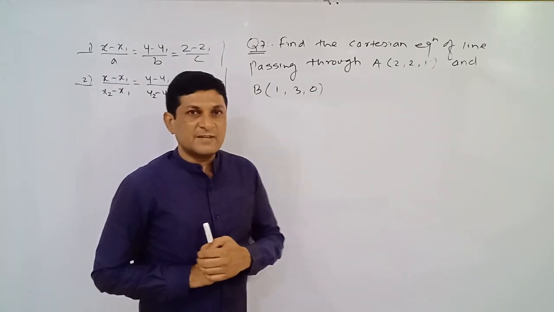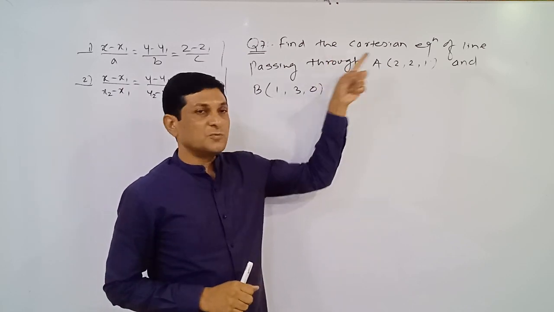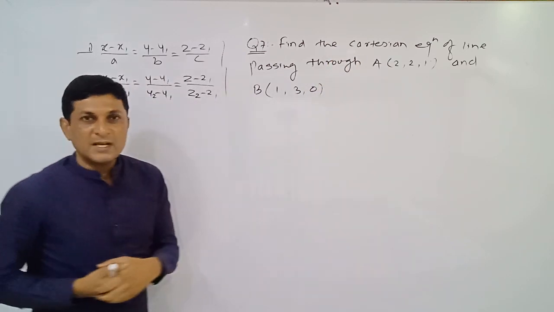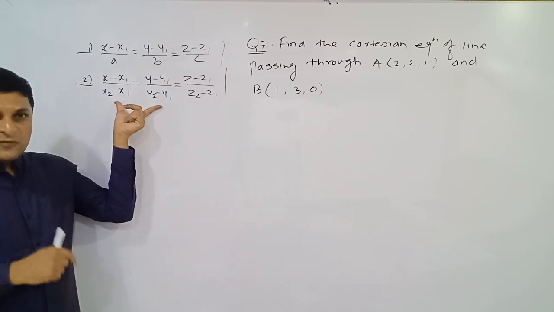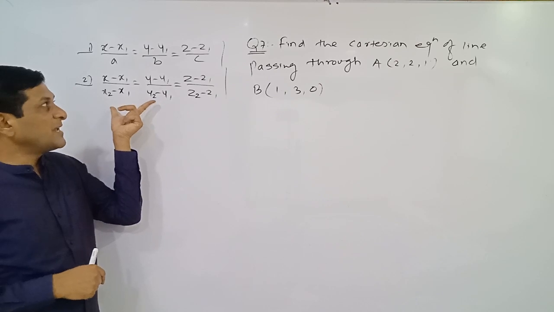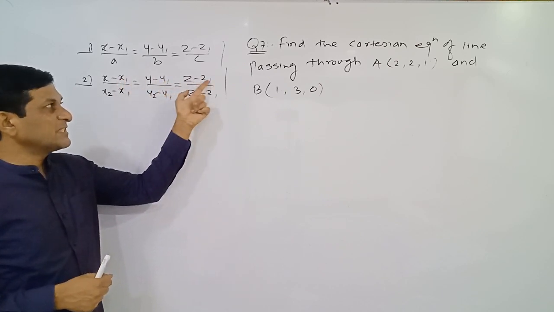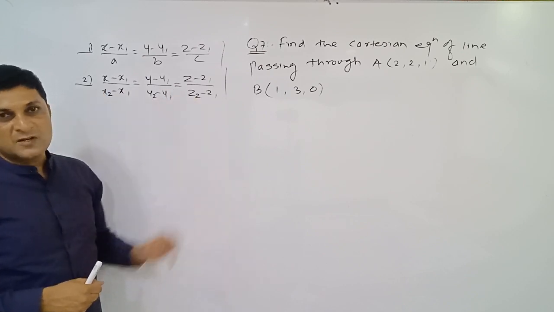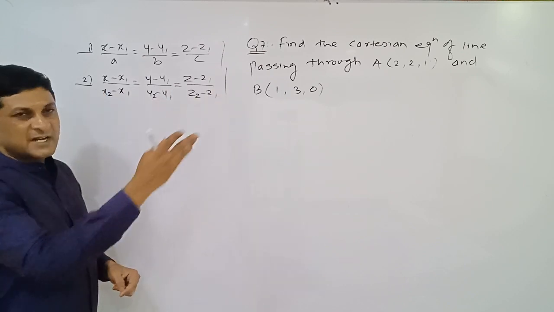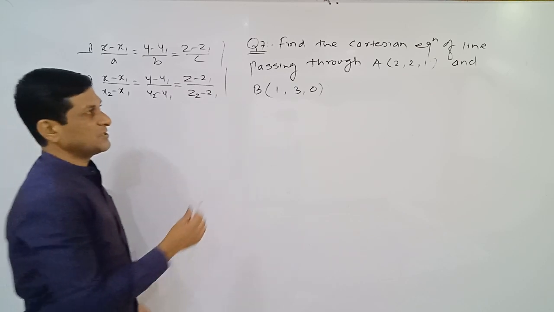See, in question number 7, the coordinates of 2 points on the line are given to us. Using this condition we have to find the Cartesian equation. According to the fourth theorem, this will be the formula to find the Cartesian equation of a line passing through 2 points. Denote the coordinates of the first point by x1, y1, z1 and the second point by x2, y2, z2. If all these values are known to us, and they are given here, let us apply this formula to find the equation of the line.